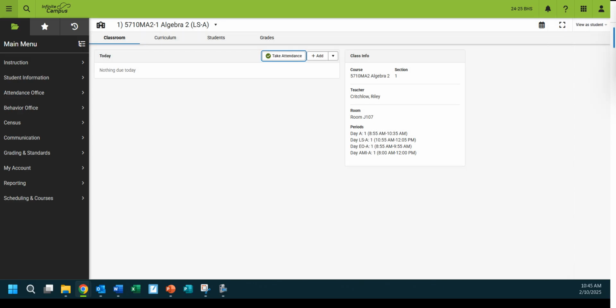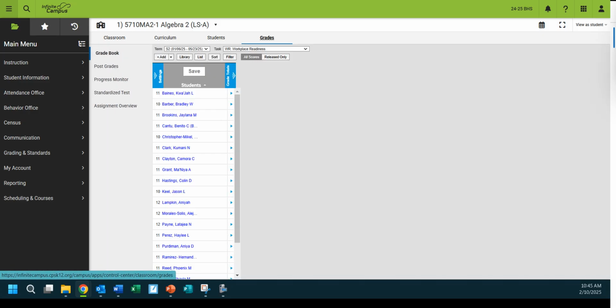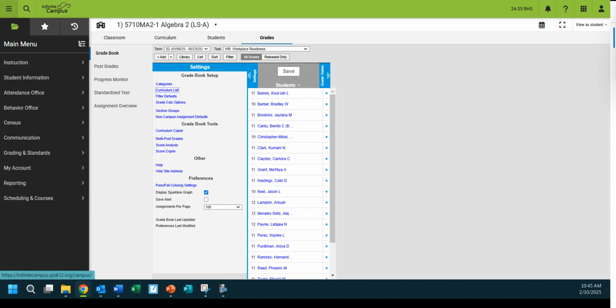In terms of grades, it's from the same screen. So you want to come over here to where it says grades. And just reviewing some of the things we talked about this morning. The big thing really is you want to hit this add button. If you hit the settings, that's where you can turn the Spark graph on and off. I would also turn the save alert on because it's always good to know if you actually saved your work